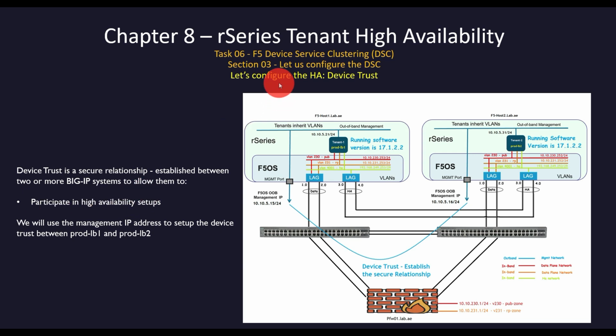Next one is Device Trust configuration. Prior to configuring, let us understand what device trust is. Device trust is a secure relationship established between two or more BIG-IP systems to allow them to participate in high availability setups. Alright, we will use the management IP address to set up the device trust between prod LB1 and prod LB2